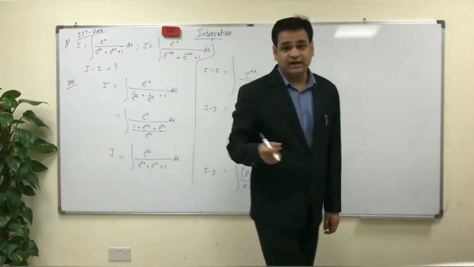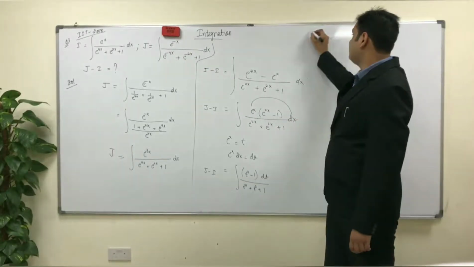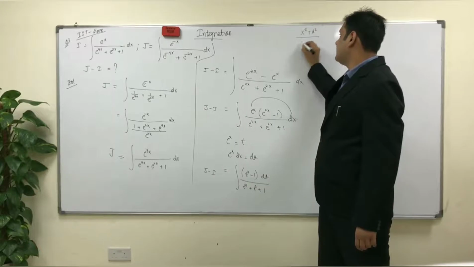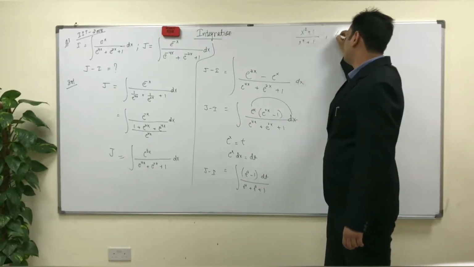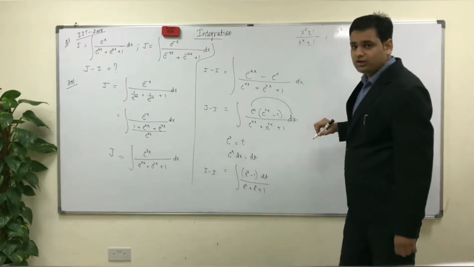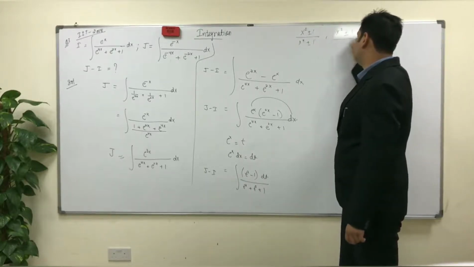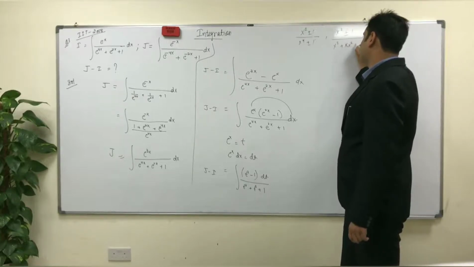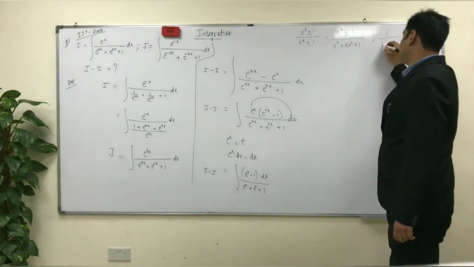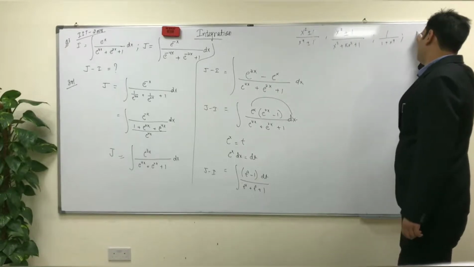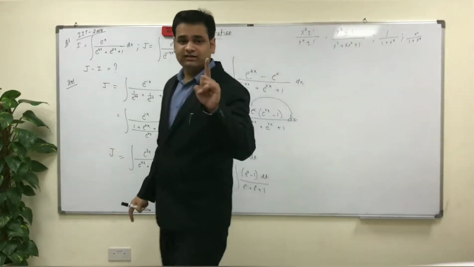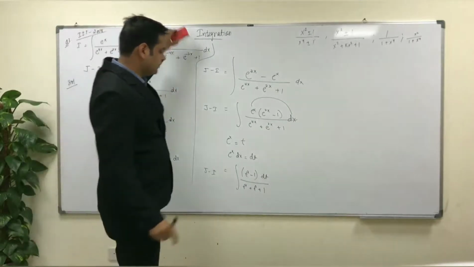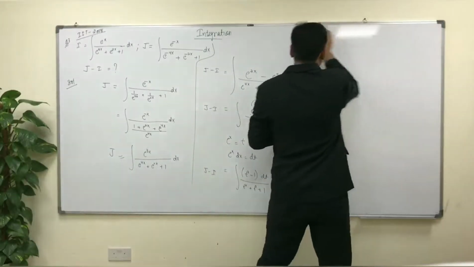this is one of the types of integrations, like how can we integrate x square plus a square divided by x to the power 4 plus a square, or I can say 1, or x square minus also we can work it out, or we can integrate x square plus 1 minus 1 divided by x square plus kx square plus 1. Or we can integrate 1 upon x to the power 4, or we can integrate x square upon 1 plus x to the power 4. So all these kinds of functions can be integrated by the single method which I am going to discuss right now. So what is this method?